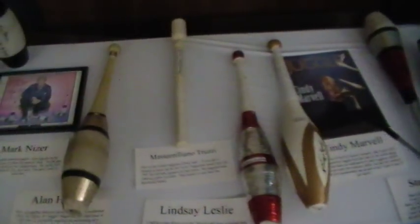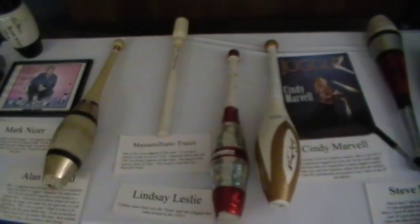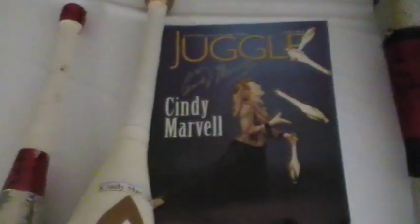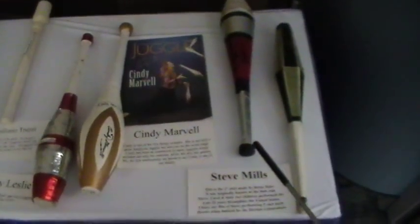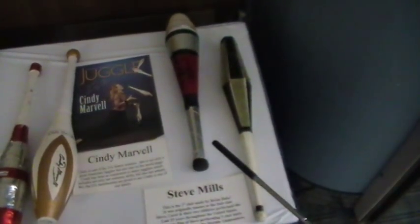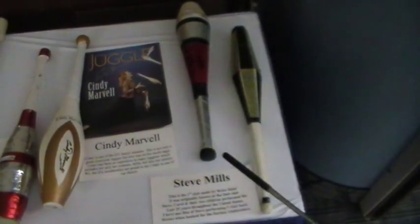Cindy Marvel, she's won IJA festivals. Here's one of her signed clubs. She was on the front of this Juggle magazine. Here, she even signed the magazine. The next one is of Steve Mills, a strong juggler. I went to one of his events when he was performing with the Harlem Globetrotters, and he said that was because of me. It was the only show that he ever did 5 club back throws, and I took movies of it, of which he's got today. We'll come